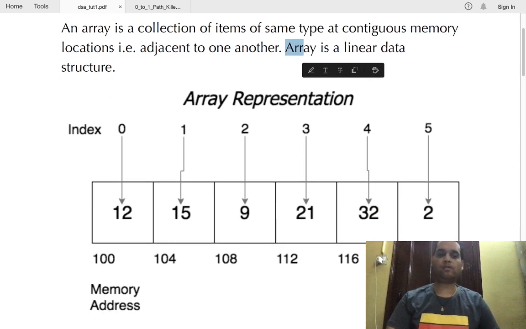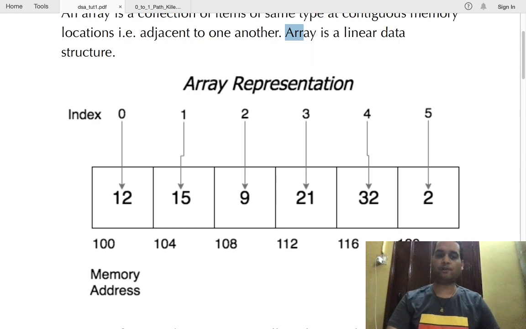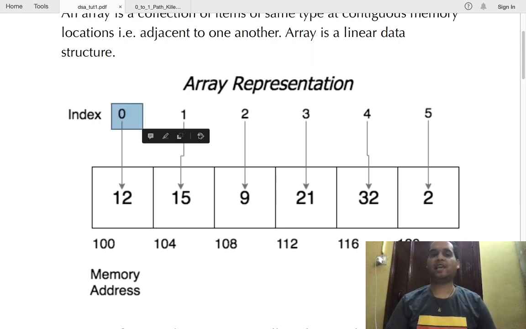Apart from this, we can also see the array indexing. It starts from 0. If we want to access any variable, like say there are 500 elements in an array, I want to access the 405th element. So what I'll do, I'll use the array and index that will be 404 because it starts from 0. So it's a random access data structure. We'll talk more about it.